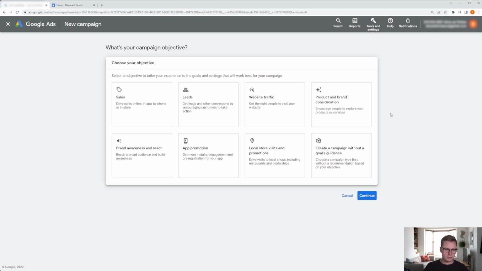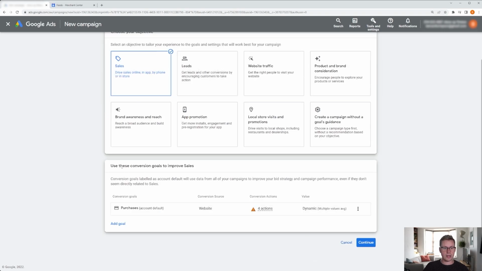So as I said earlier, we want to have our objectives clearly defined from the get-go. And for this example, I'm going to go ahead and put in a sales objective here, which in turn will bring up use these conversion goals to improve sales. So here is where you want to select your conversion goals. This is essentially the ultimate goal that you want from it. So if it's a sale of a particular product or a group of products, you want all of those conversion